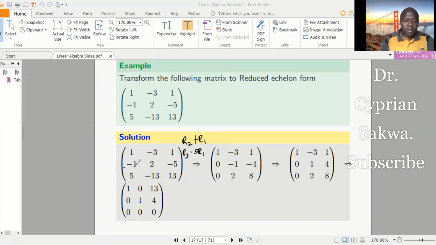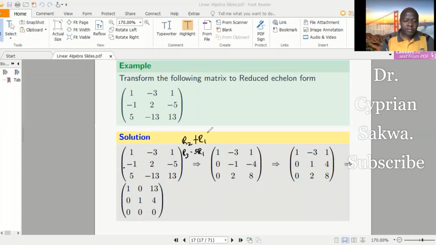So let's do that. This plus this gives me 0. This plus this gives me negative 1. This plus this gives me negative 4. And then row 3 minus 5 row 1,